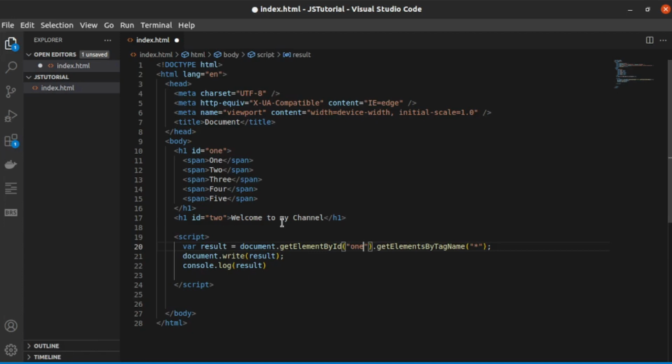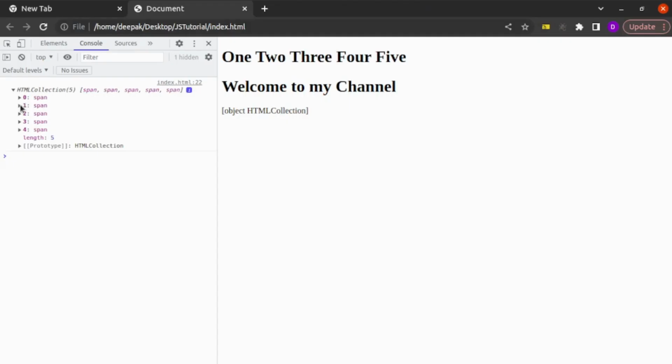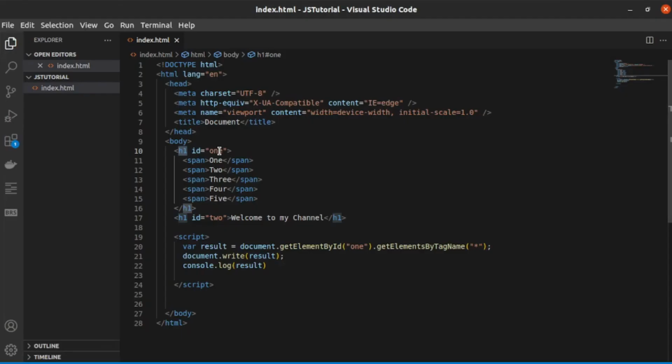We get all the span elements inside that particular h1. First we will access h1 with the help of id, so it will always return a specific element. So here is an h1, that id is 1, so it always returns me that specific element and its child